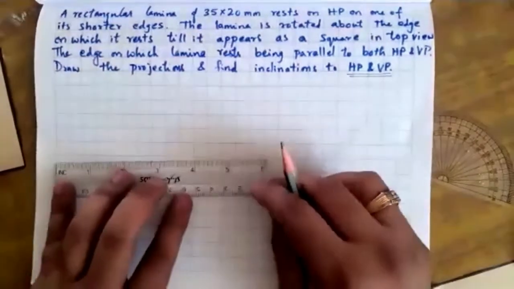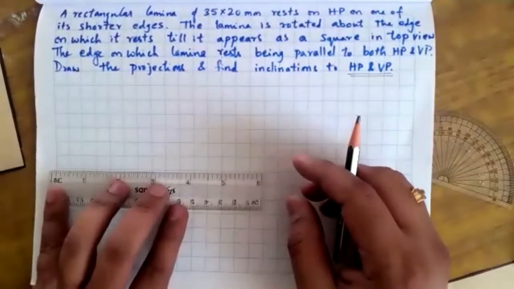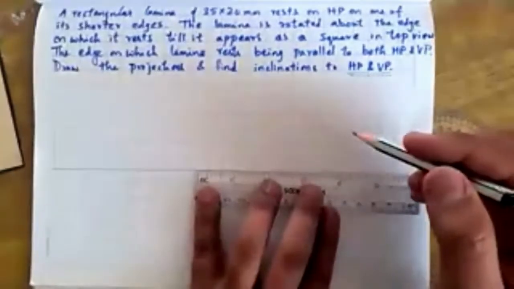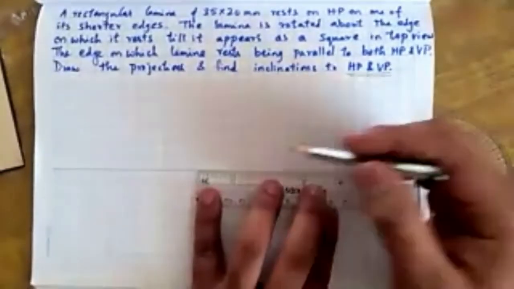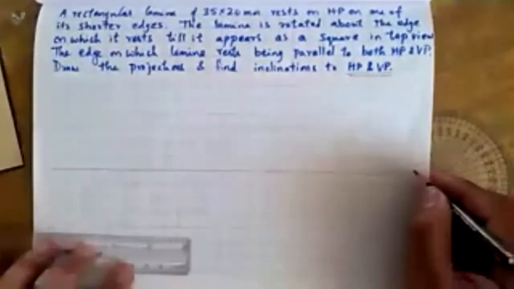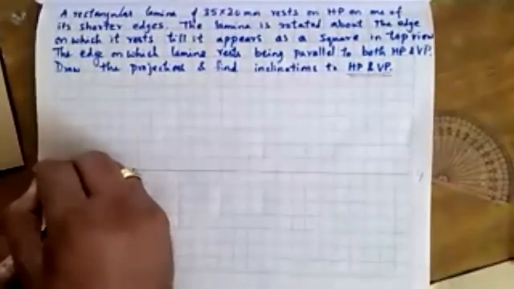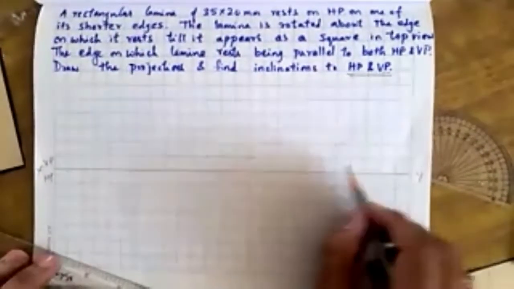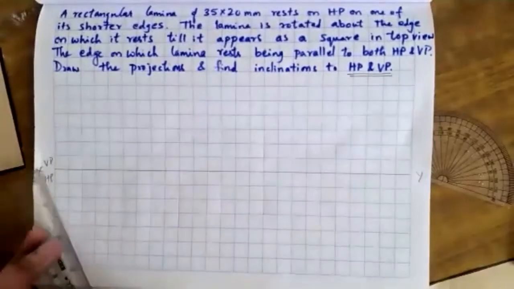First I'll draw the XY line, a thin line on the printed line. Please draw it on the printed line, XY, VP, HP on the left hand side. I don't know where RPP comes, so wait till it appears.